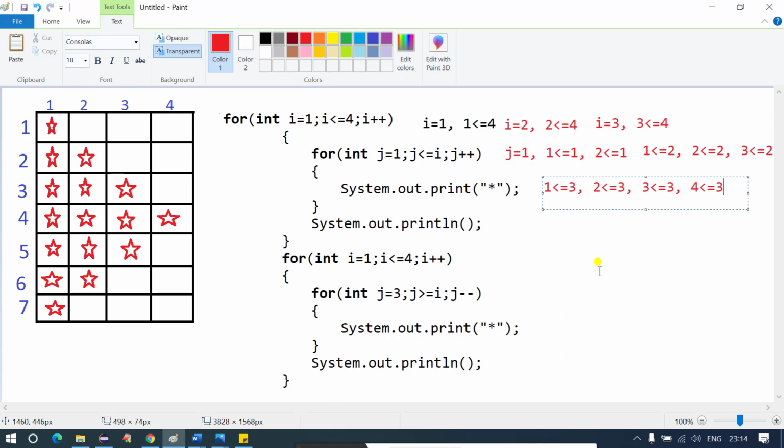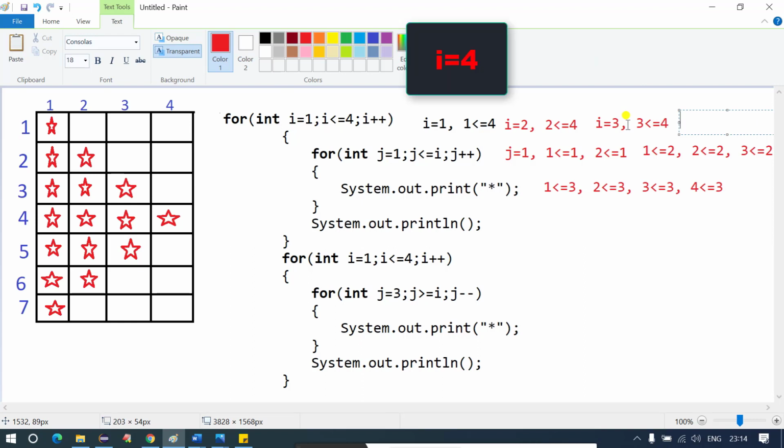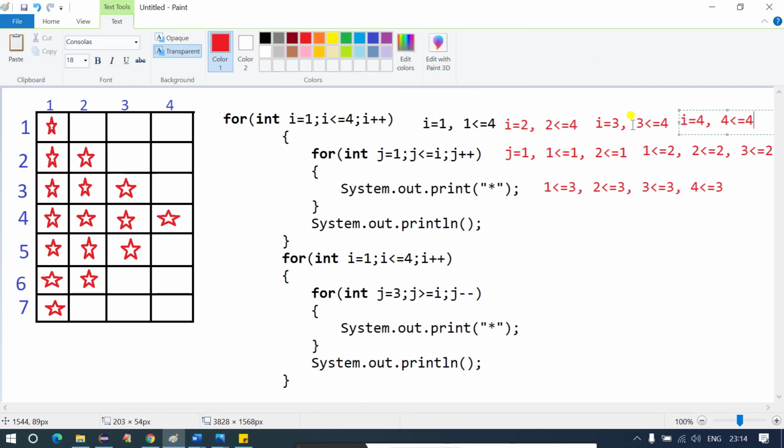Now the cursor is here. Again, it will go and check what is the value of i now. We have i equals 4, right? Now it will check is 4 less than or equal to 4. This is true. If this is true, again it will come inside this loop and it will start iterating the